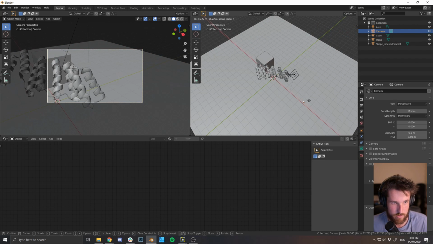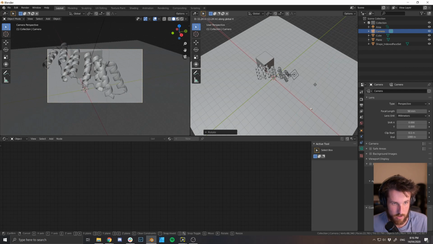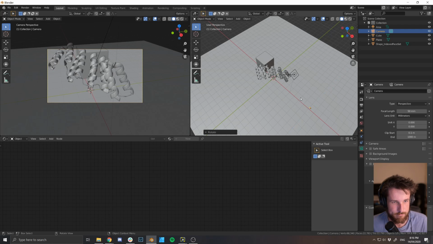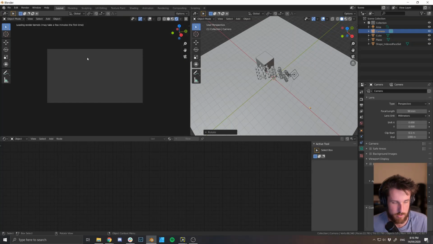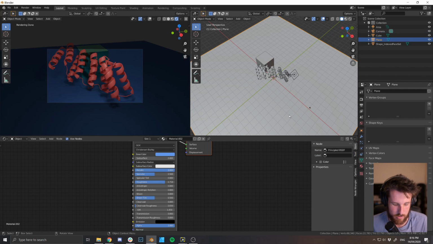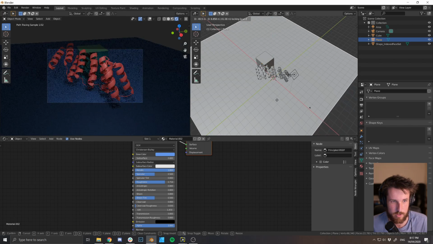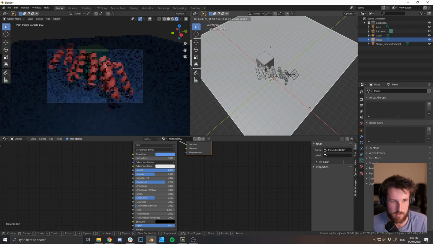So GX, RZ, GX, and take it back a bit, RZ. And if we can go into this window and turn it into rendered, you can sort of see what the final rendered view is going to look like. And so I might actually grab this plane, G, Shift Z, so it's perpendicular, move it away a bit more